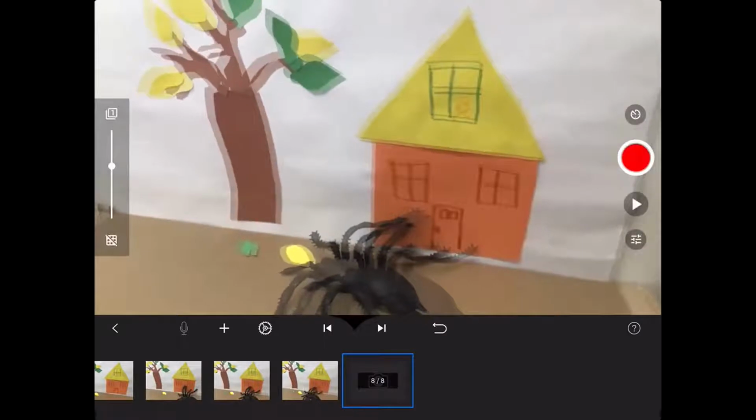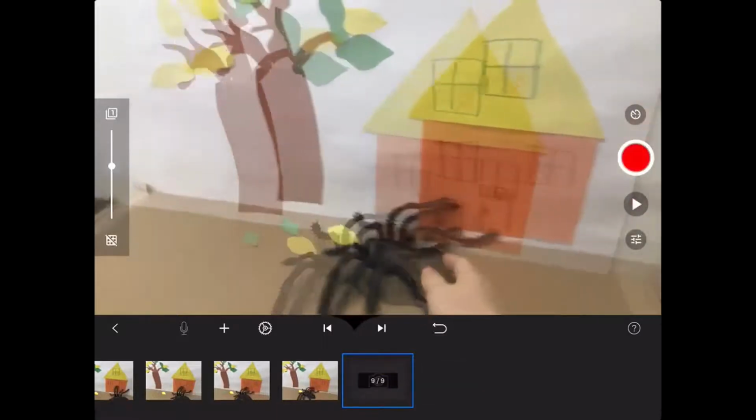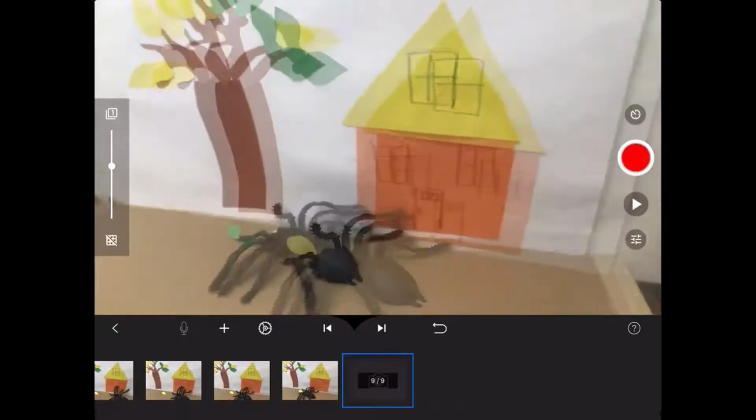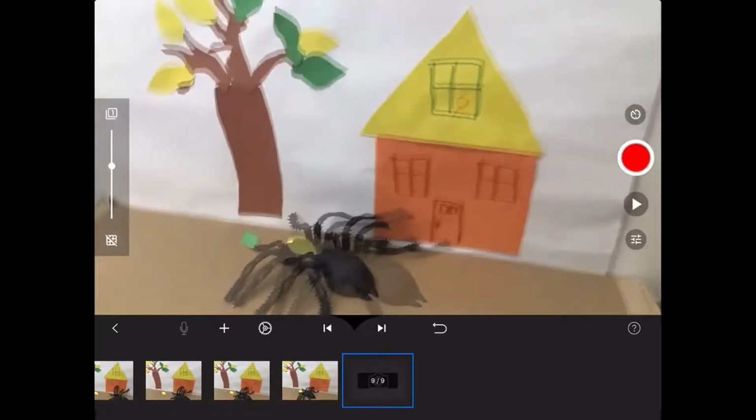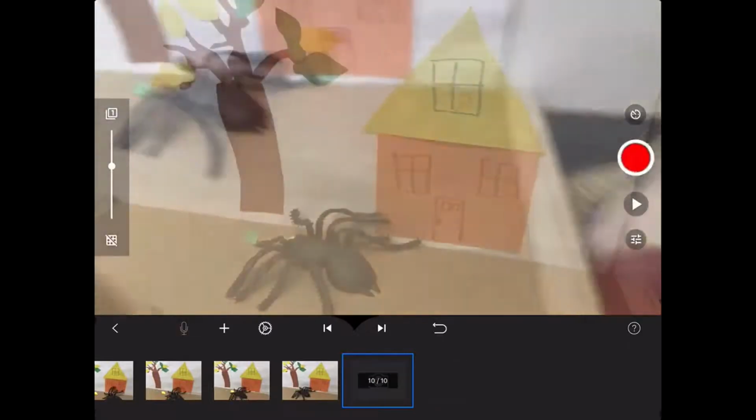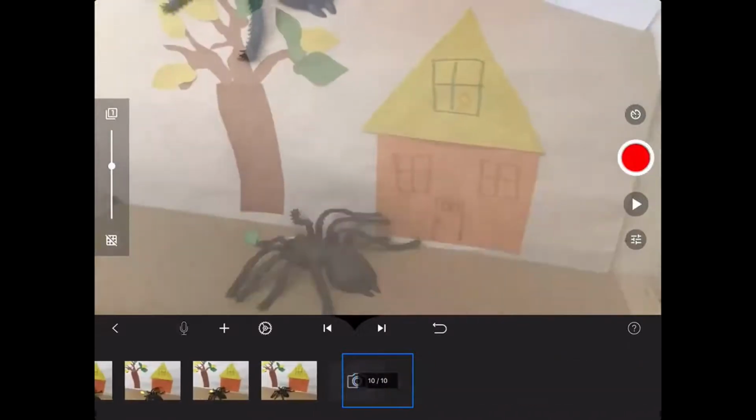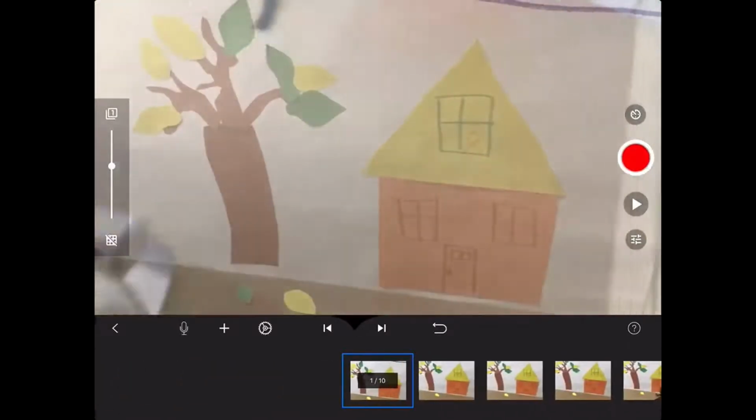So then your scenery is not just jumping back and forth. So I'm going to do this one more time. I'm using the house to kind of line things up. So now, if I scroll back through, you can kind of see how, right now, I have 10